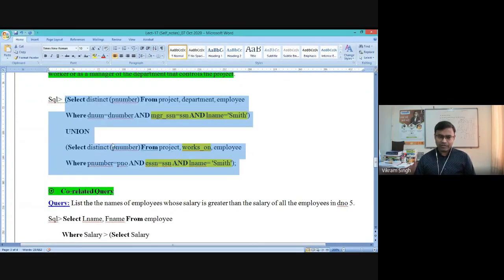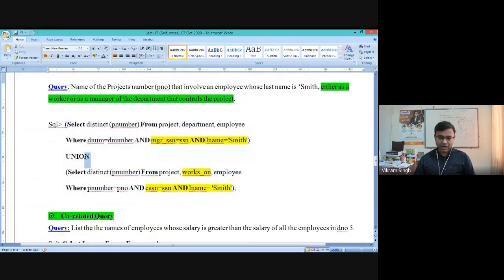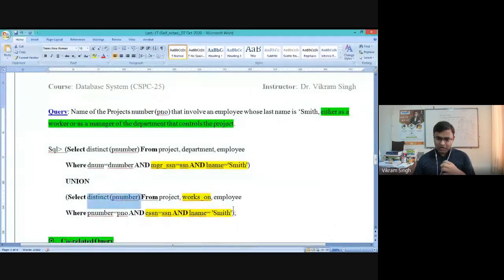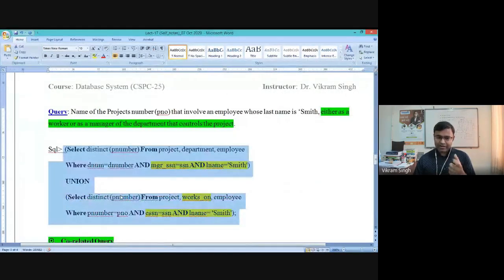So this is how you can use union, right? Because we have these two subqueries with the same domain, distinct project number, but only the set of database tables and the set of conditions are different, right? So this is one way of writing it.